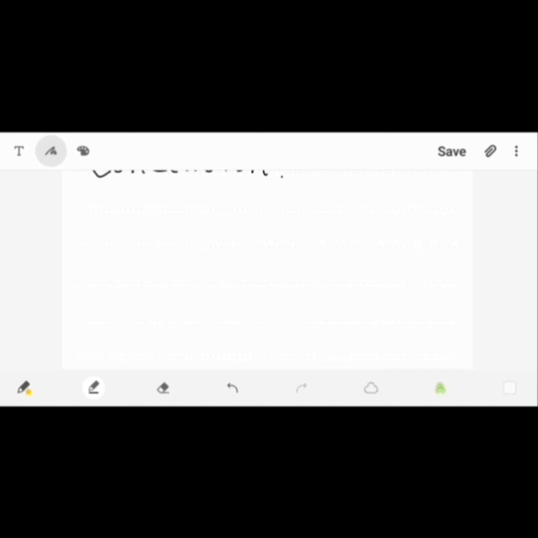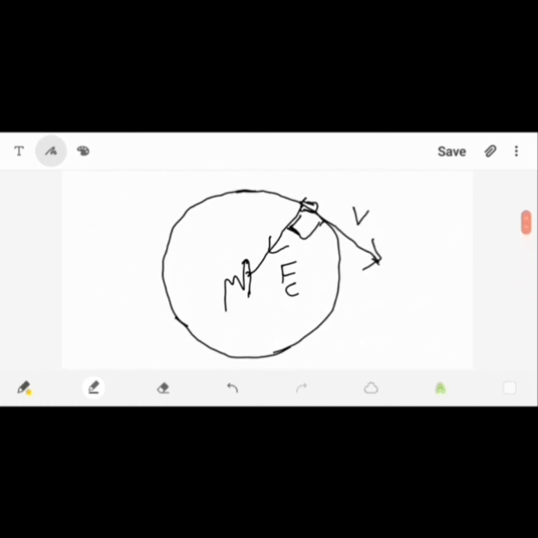Example number 1, the example of the stone which we have discussed earlier. When the stone moves in the circular path, the tension in the string provides the centripetal force. It means the source which keeps the body moving in the circular path in that example is the tension in the string. If the string is not strong enough or it breaks, the stone will move along the straight line that is known as the tangent. This tangent is represented by the arrow outside the circle.